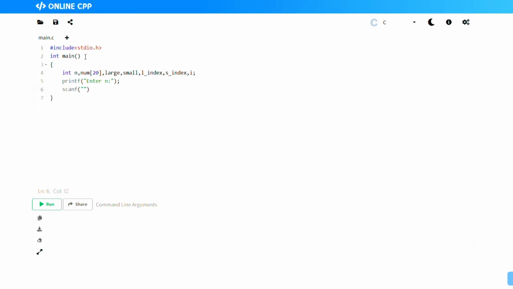scanf %d. Now %d is the format specifier. Since we are using an integer, we are using %d. If you were using a floating point number, you would have used %f, and otherwise %c if it was a character. Then we have a print statement again, which asks for user input for the array, and a for loop.